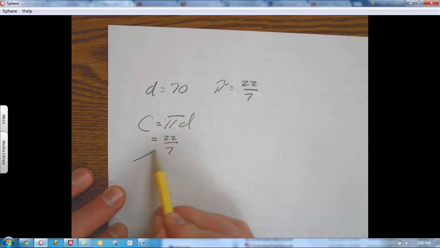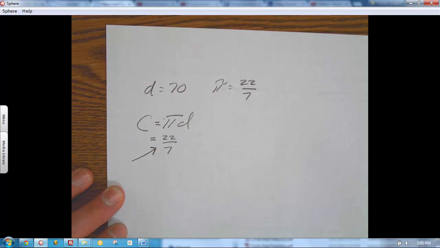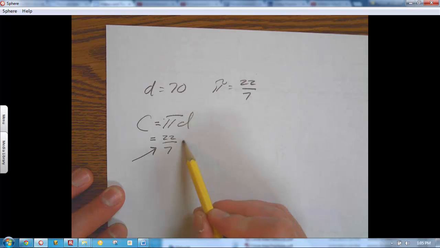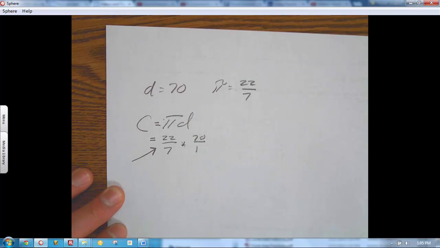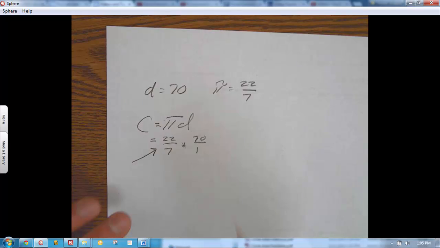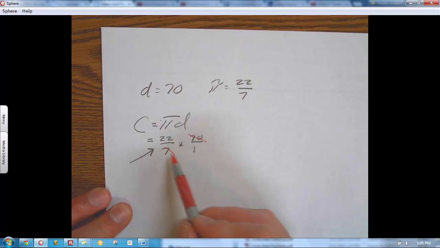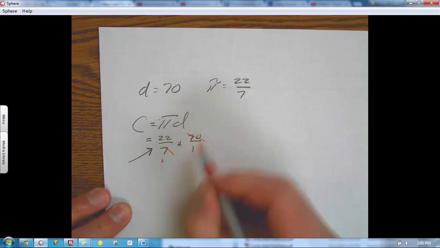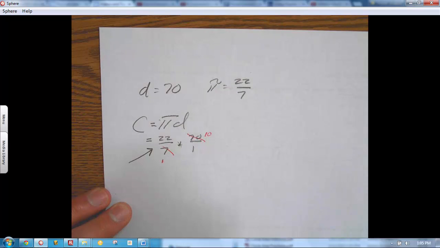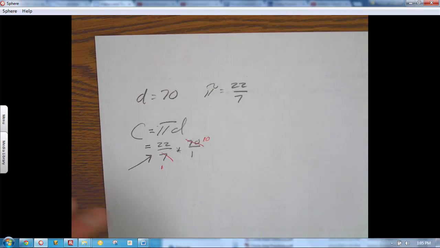Okay, so this is what is a little bit different for this one. Normally we use 3.14. And then my diameter is going to be 70 or 70 over 1. Now when we multiply fractions, we normally do top times top, bottom times bottom. We do, however, have some cross-canceling, cross-reducing, sorry, that we can do here. 7 goes into 7 once, 7 goes into 70 10 times,